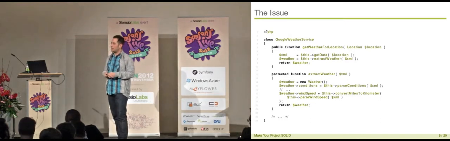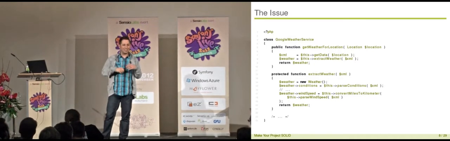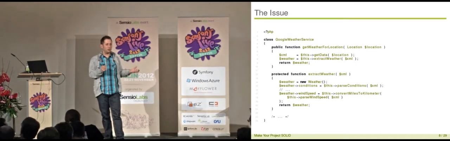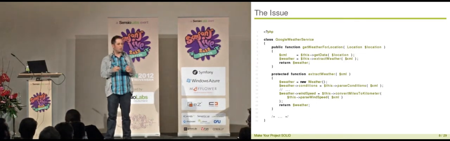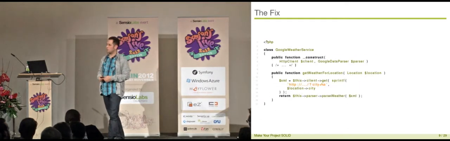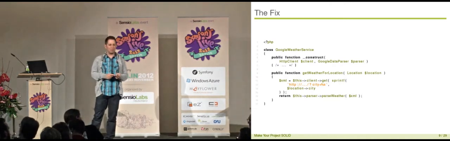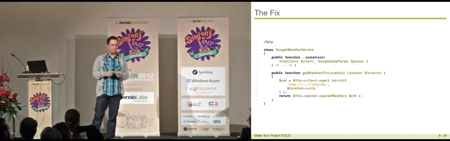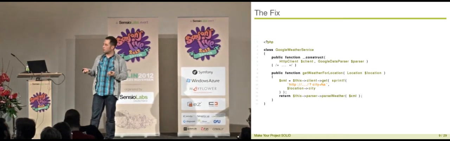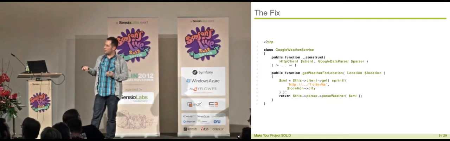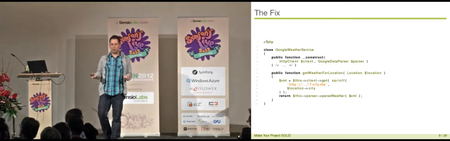So what we can do is pull out responsibilities from this class, because this class obviously does too many things. As with the Swiss Army knife, it is nice, but it does way too many things to use it for a sensible job. It's the same with this class. We can rip out two of the responsibilities into their own dedicated classes. For example, I can move out the HTTP client and the data parser, and then I have two classes which only change if one of their concerns changes.